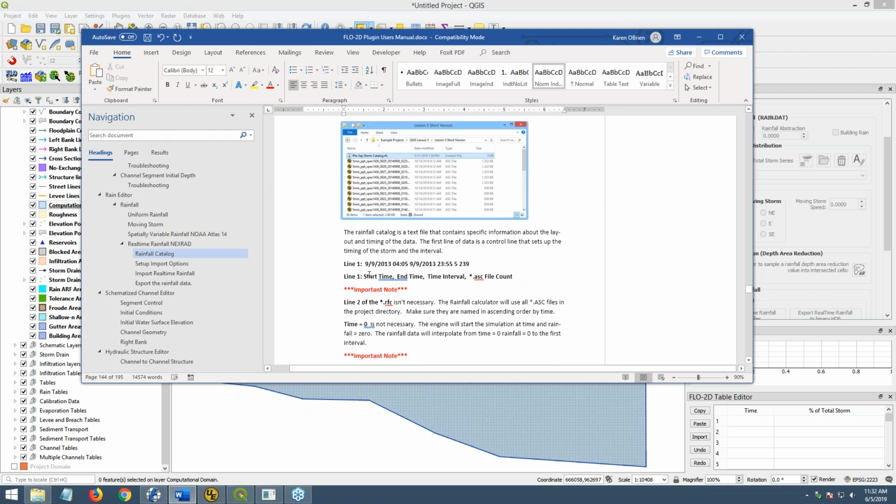So the rainfall catalog is very simple. It's start time, end time, time interval, and the ASCII file count. So here we go. Start time is the date and time. End time is the date and time. The interval is 5 minutes in this case, and the rainfall count is, in this case, 239 ASCII files. So that's important so that the raincell.dat is set up correctly,